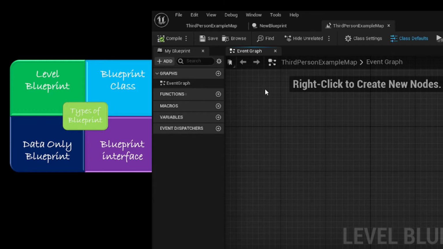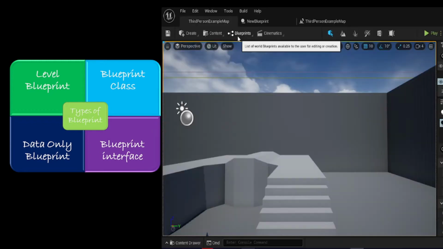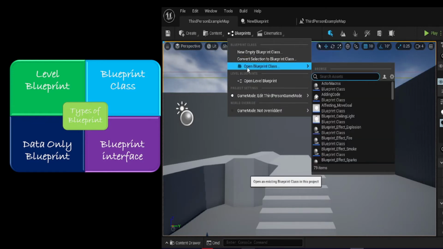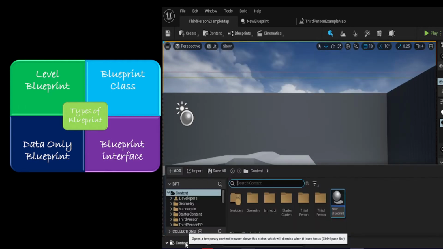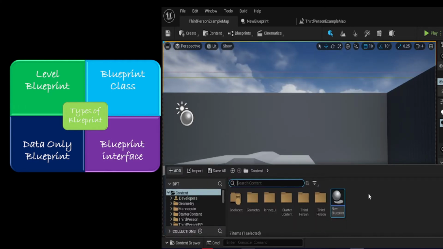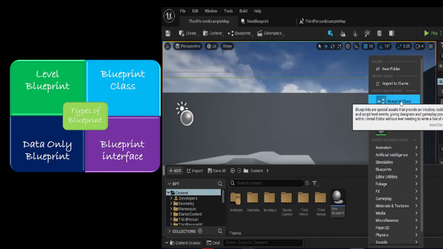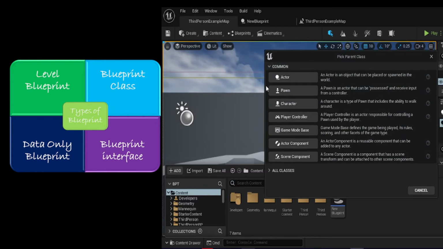Next is the Blueprint class. A blueprint class, simply called Blueprint, is the most used type and you will become familiar with it during this guide. This type allows the content creator to easily add functionality on top of any existing gameplay classes. A blueprint class extends a parent, either a code parent or another blueprint class, and can be edited with a visual editor. Any blueprint class that is created in the editor can be found in the Content Browser and can be added to the map as an instance, like any other type of actor.